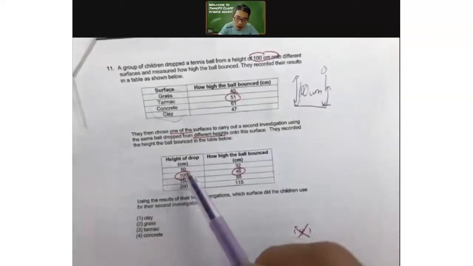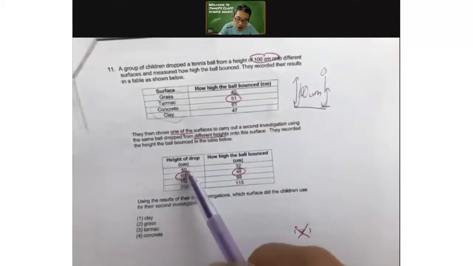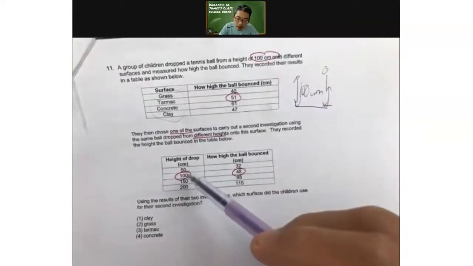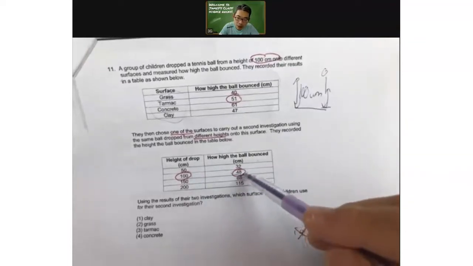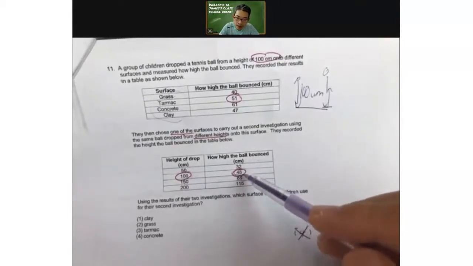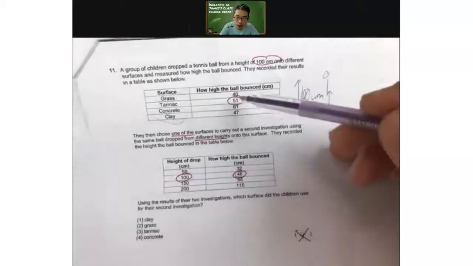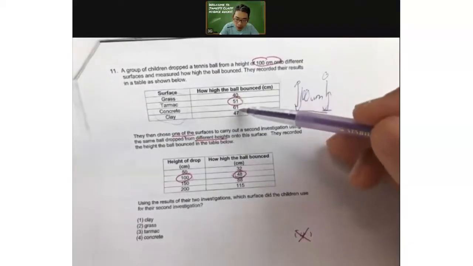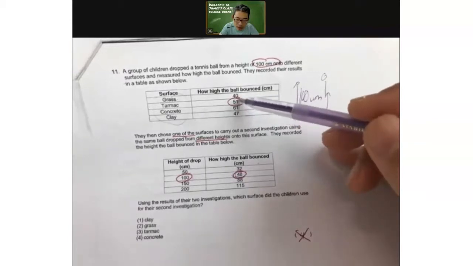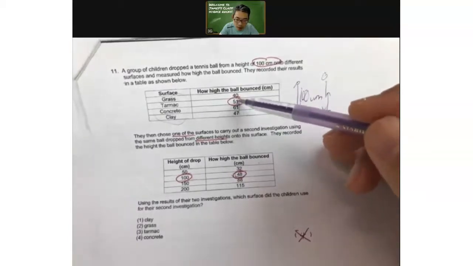I circled Y because the same height that it was dropped at, 100 cm, was recorded initially. The first experiment it dropped at 100 cm. The second one, in this particular case, the children also dropped the ball from 100 cm of height. Then I look at the value here. When it dropped at 100 cm, how high did it bounce to? 48 cm. There's no 48 here, but the number closest to 48, alright, seems to be, okay, it's not tarmac,